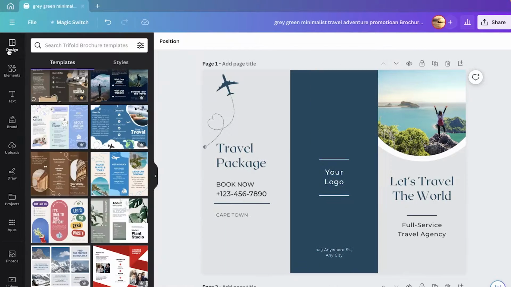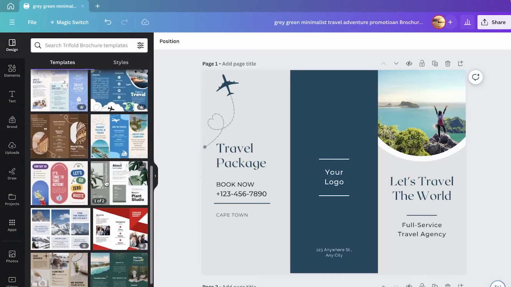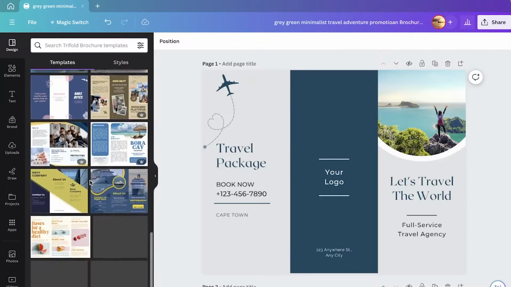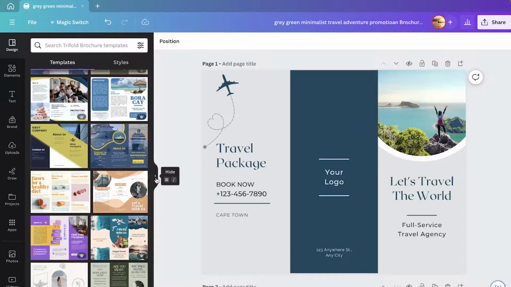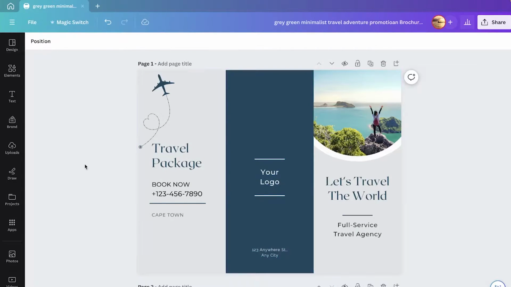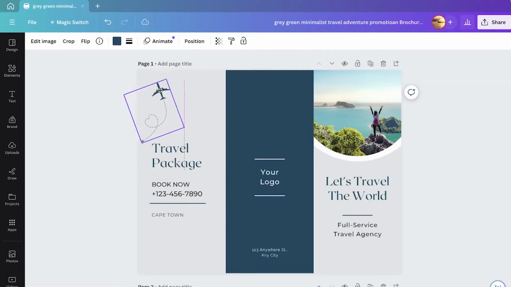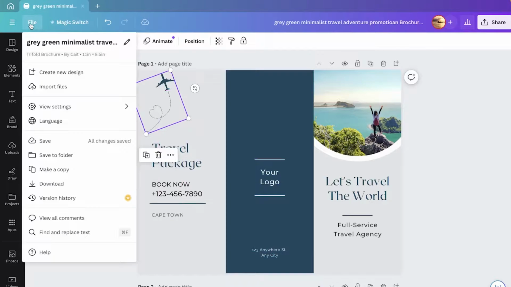So the one I've selected is for travel, but you can go onto templates and find a ton of different designs, depending on your purpose and what you need your PDF to be interactive for. So I'm just going to change a couple elements here. I'm going to give the file a name. I'm just going to call it travel